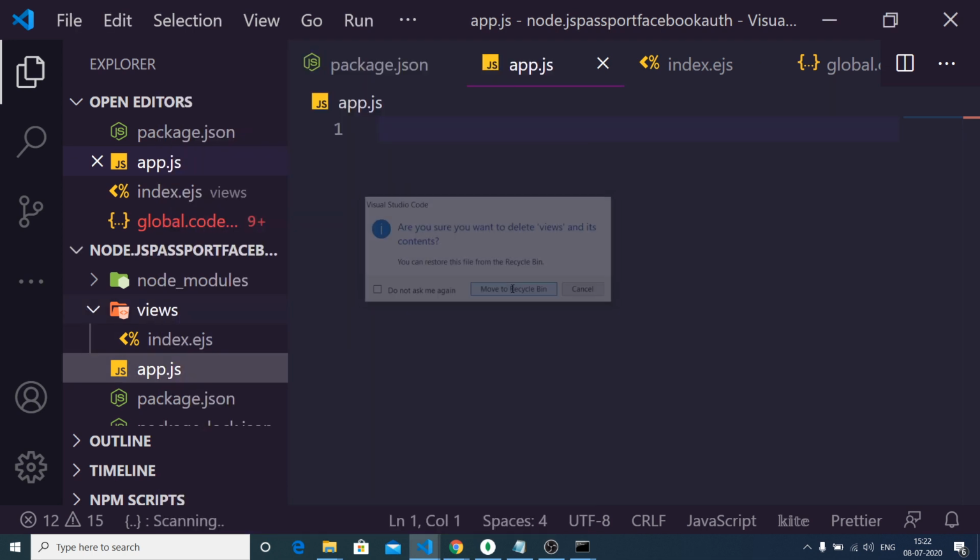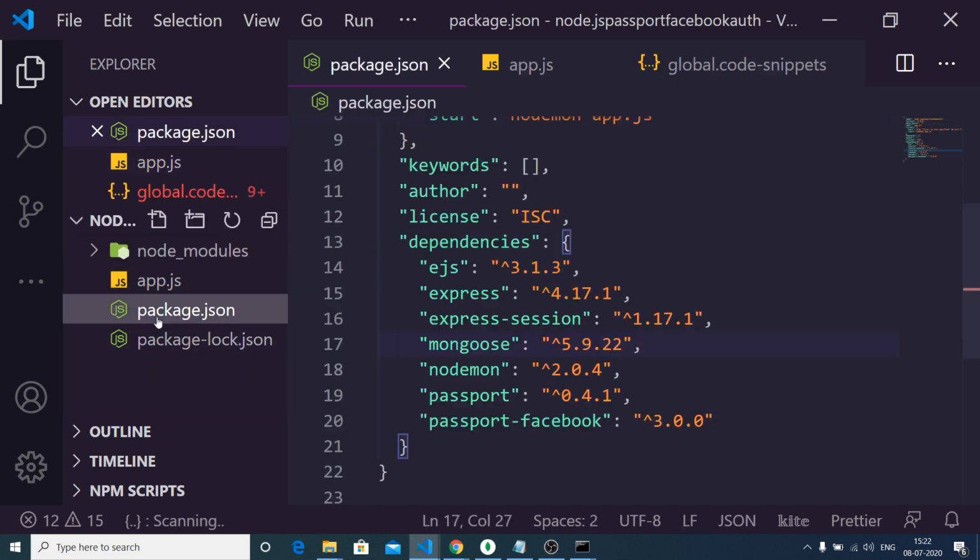So here inside your newly created node project, we have this package.json file. We are using these dependencies. EJS is a template engine, Express is a server, Express.session will be used to store the session variables, Mongoose will be the library for communicating with MongoDB, Nodemon will automatically restart the application, and these two libraries, Passport and Passport-Facebook, are used for authentication. So install this, and now open your app.js file, and first of all we need to